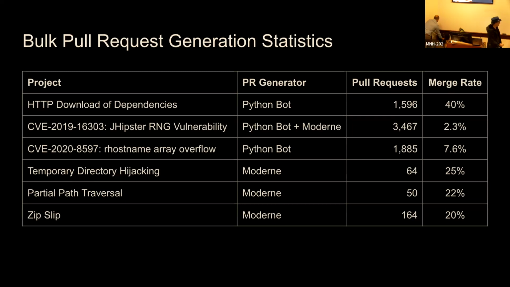The funny thing about zip slip is that partial path reversal often occurs in the context of zip slip. So even though this only shows up as 50, zip slip actually applies the partial path reversal fix first, if relevant. Okay,